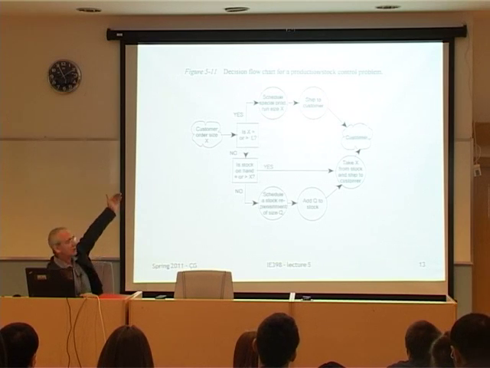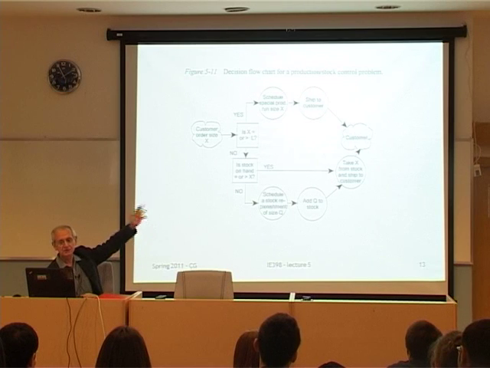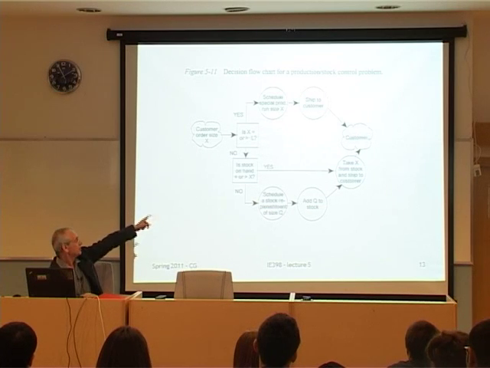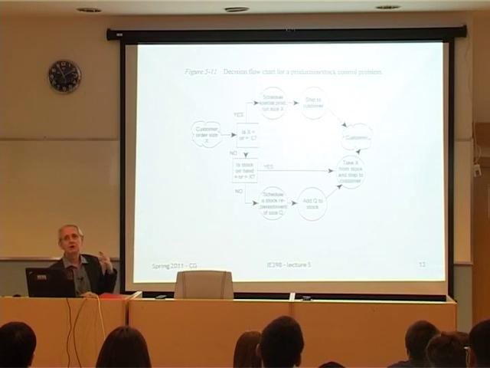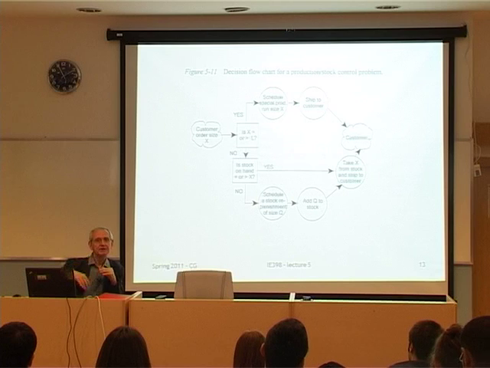Customer orders come in, X. Then you have to decide whether it's a large order or a small order. Then you have a rule: is X greater than or equal to L? L is some point that you have determined previously. If the order is greater than L,